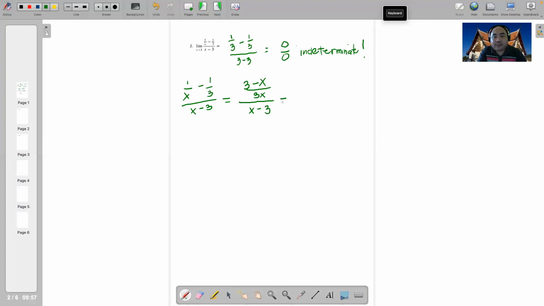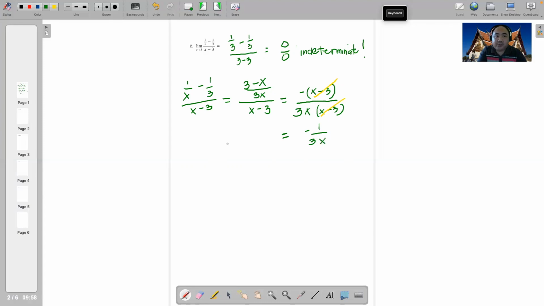Now, simplifying further, this should give us negative of x minus 3. Okay, so this numerator 3 minus x is equivalent to negative of x minus 3, divided by 3x times x minus 3. Sir, I think I'm seeing the light at the end of the tunnel. Correct, because now we can cancel this. That gives us the equivalent function, negative 1 over